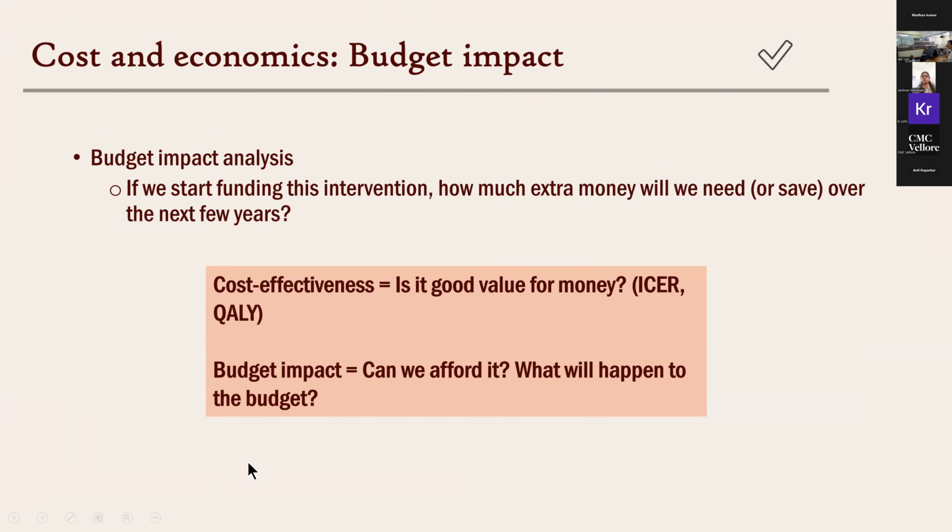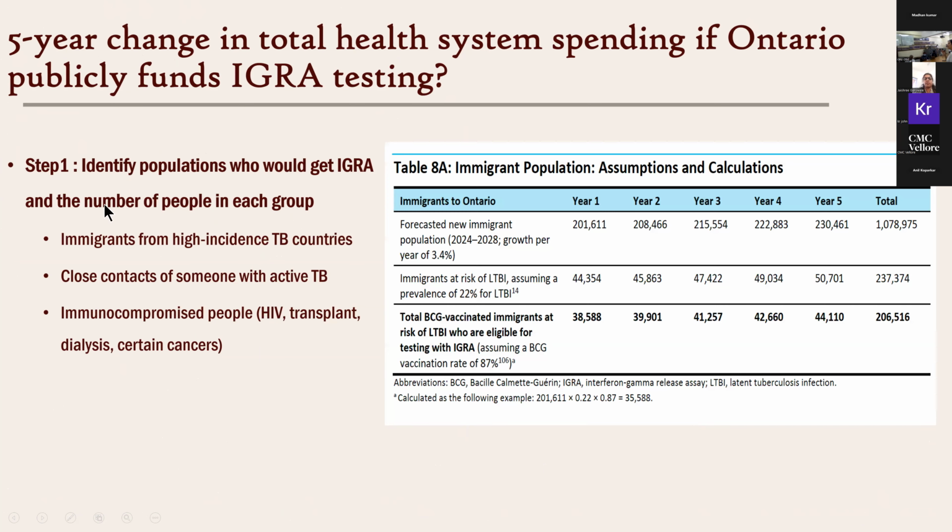The next step: that was just for the cost efficacy of that test alone. But now you need to look at it from a budget impact point of view. So they have done a budget impact analysis. Cost effectiveness asks, is it good value for money? Budget impact asks, can we afford it? What will happen to the budget if we are incorporating this into the study? They have looked at a 5-year change in total health spending if Ontario were to publicly fund the IGRA